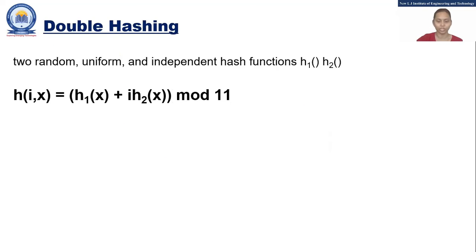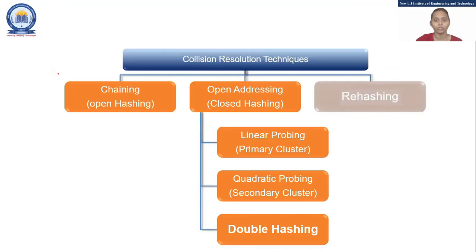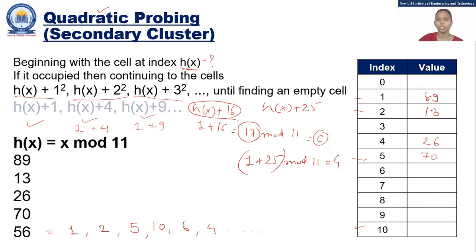Now, jump to the next topic, that is double hashing. Double hashing means what? Now we have two hash functions, h1 and h2. Right? h1 and h2 combined create the final location where I put my value. So double hashing is also one mechanism where you do not end up with the primary cluster as well as not end up with the secondary cluster. If you want to see how the secondary cluster is formed, you can see here. There is one cluster here and there is one cluster here. They are forming the cluster. Quadratic probing is also creating the cluster, but it is not in a single place. So it is known as the secondary cluster. So if you are using quadratic or linear probing, you are aware which type of cluster they can end up with.